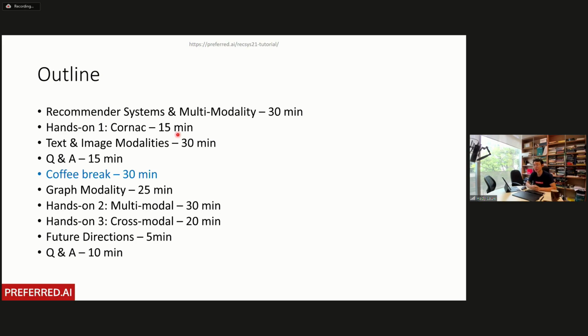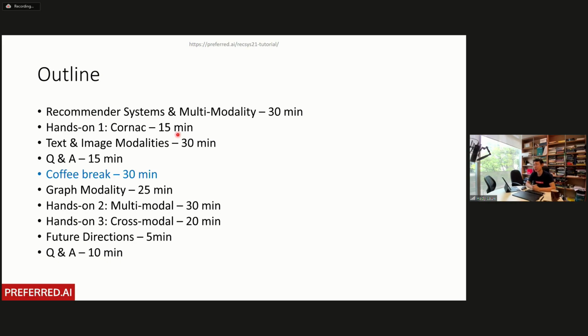So in a way, those of you who are working on recommendations realize that a lot of it, to some extent, depends on the data, and you might want to look at different models and compare their effectiveness. And Cornac is pretty good at that. So you're going to take a look at what it is able to do. And then we're going to go into the meat